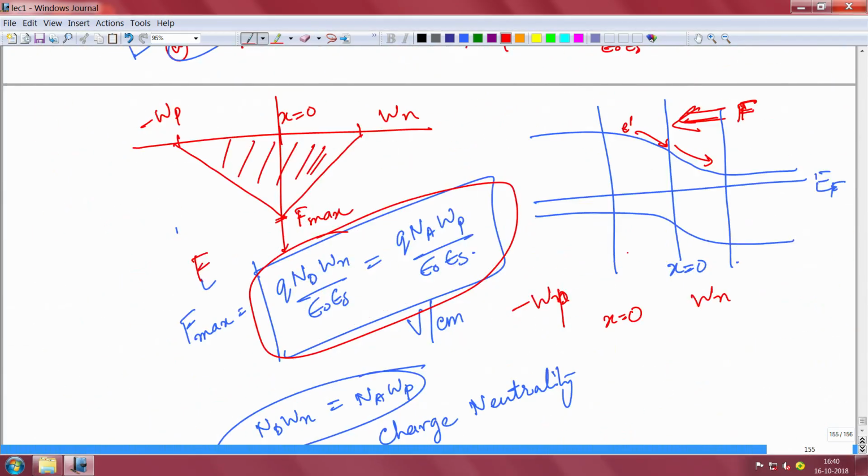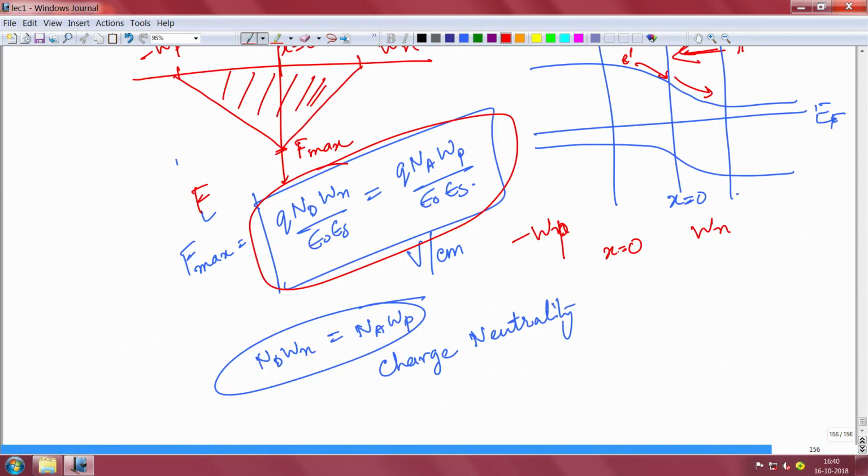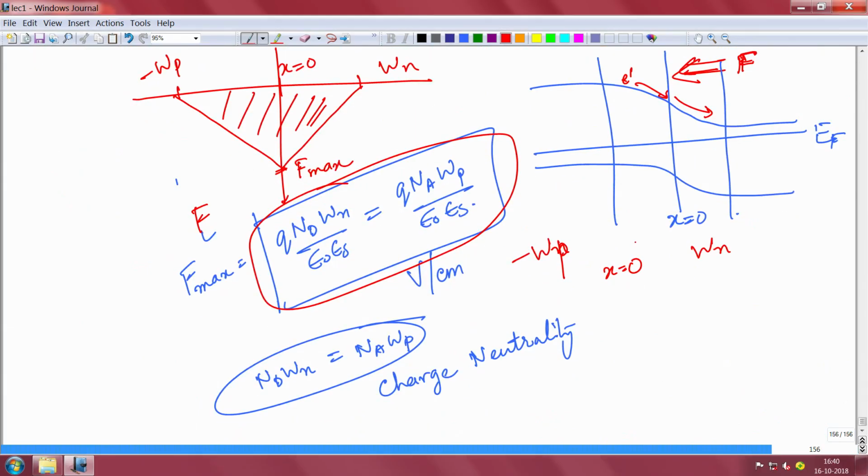So the field is essentially in the negative direction, that's why I'm giving it as negative here, but the magnitude and the way it's decreasing, everything is the same. Just an extra negative sign that I had missed out. So this is your field on both sides, and it's linearly decreasing from the x equal to 0 point to this side, and from x equal to 0 to this side. At this midpoint the field is maximum, it decreases gradually in a linear way and becomes 0 here.